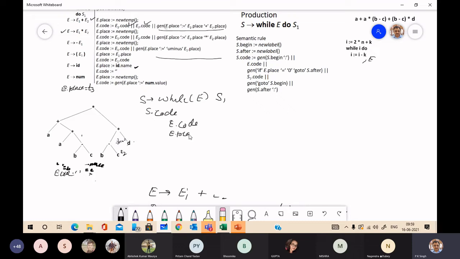We can get the code sequence that does the evaluation of expression E, and the final value is routed to E place. Means you may have any expression. Finally, if you consider the previous example, E place after completion of the value is T6.